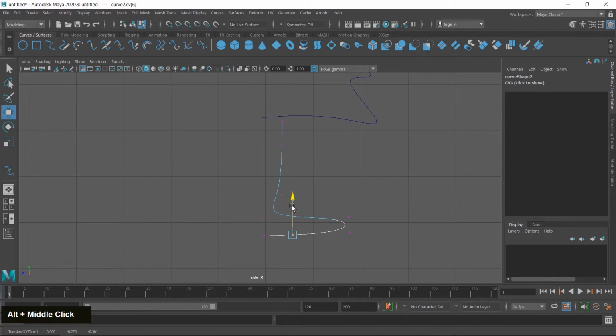In the same way I modify this base a little bit so it looks better.